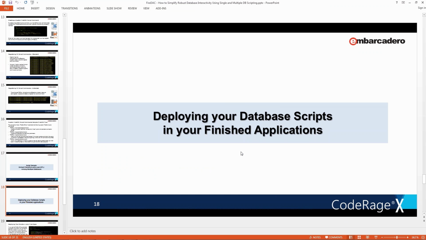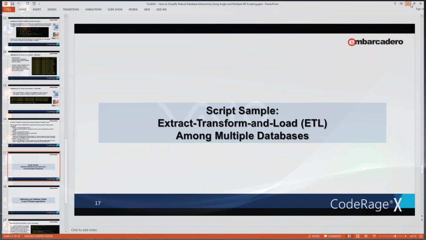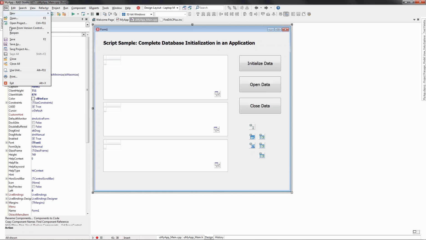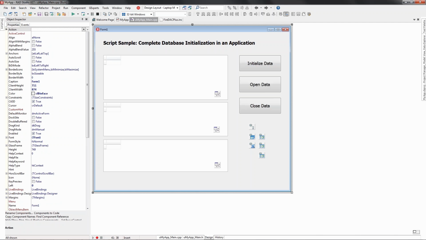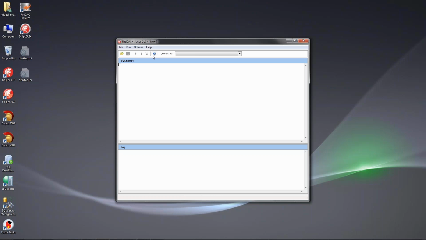Okay. Then I'll show you a more elaborate sample of scripting, but this is using several databases at once. So I'll call this order. We'll use our friend, the script runner plus. And now I'm gonna call this,